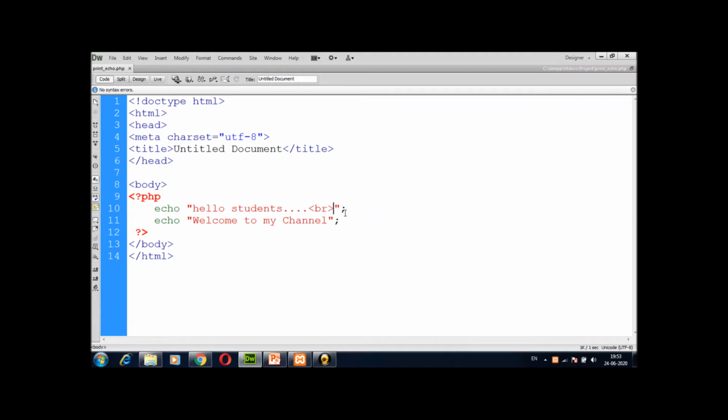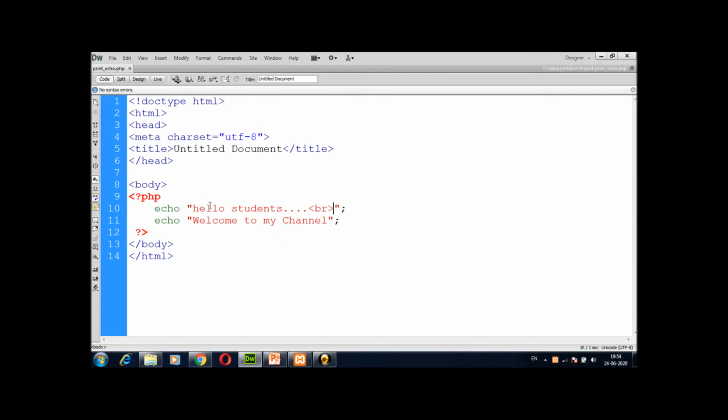So whenever our browser interprets this line, echo then double quotes hello students and break, first of all it will print hello students, then after that it reads the break tag, and the break tag is interpreted by the browser as a new line. So my welcome to my channel statement will print on a new line. So friends, we can print a new line using the break tag.